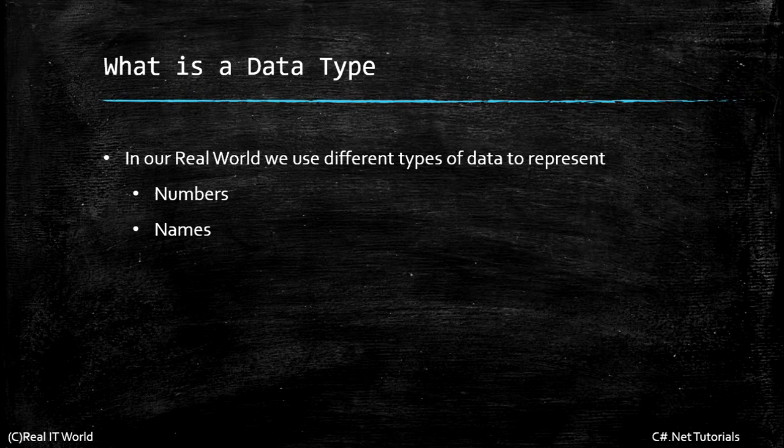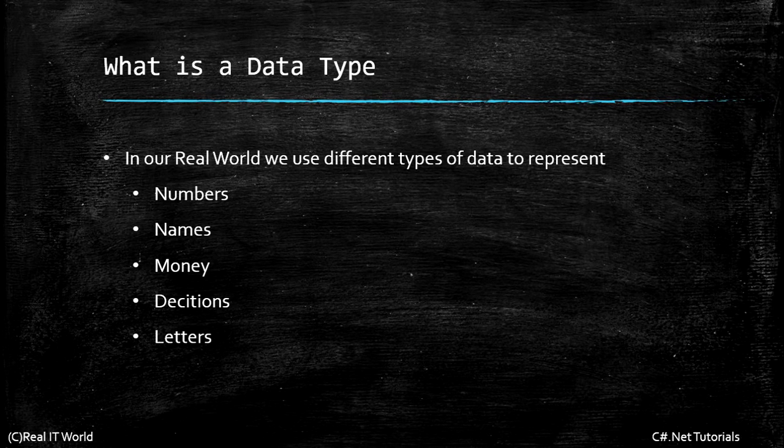This is one type of data representation, and numbers is one type of data representation. And if we want to say money, 100.50, 300.20, like this, we use decimal numbers to represent money. This is one kind of data. And if we want to say decision makings, if you want to say are you coming to movie, you need to say yes or no. This is a decision. This is one type of data in our real time world.